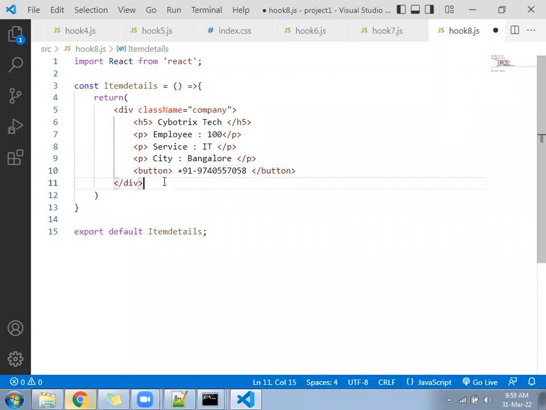So you are going to learn component reusability. How to reuse a component, write once and use again and again.